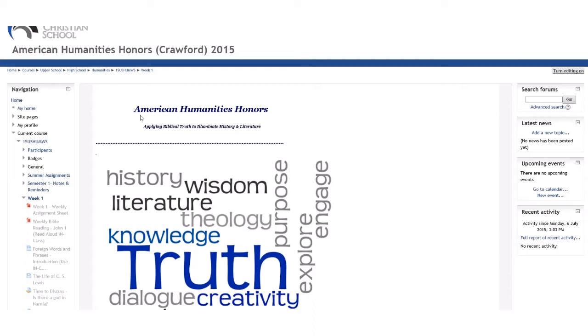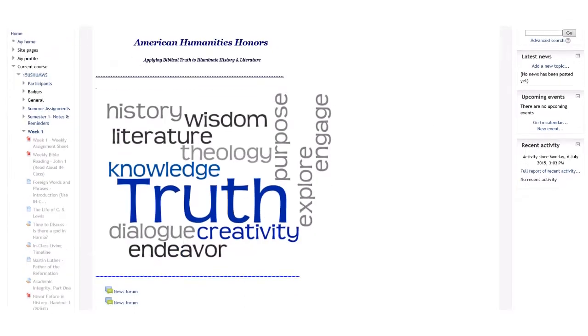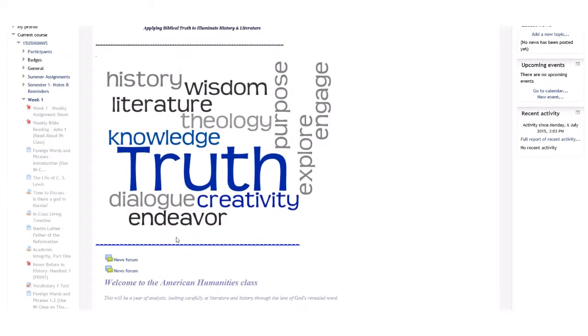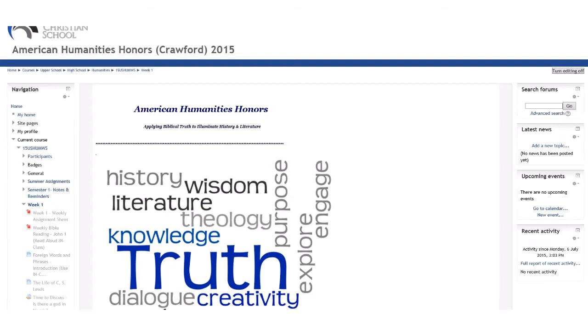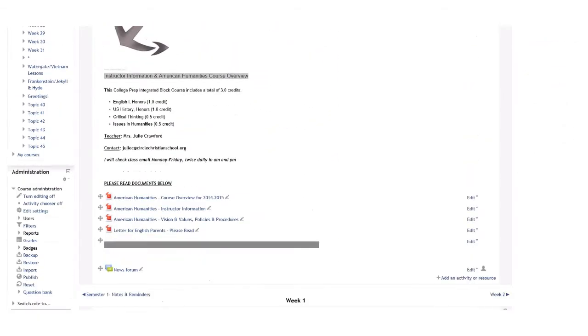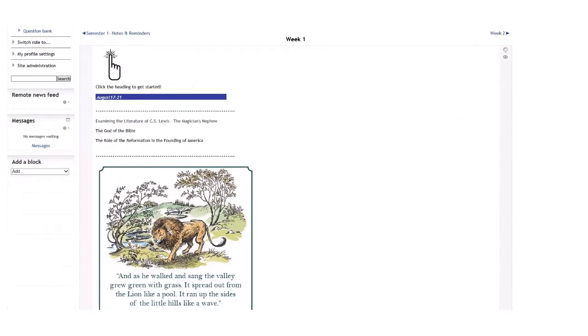So first off, if you ever wondered what other people put in that general area at the very top, as you can see, she has the title of the course, some kind of catchphrase for her course. We have a beautiful image up here that sets the mood. Actually, let me turn editing on so that you can get a better feel for how things are broken up. I have the news forum, some other general information at the top, and then let's take a look at